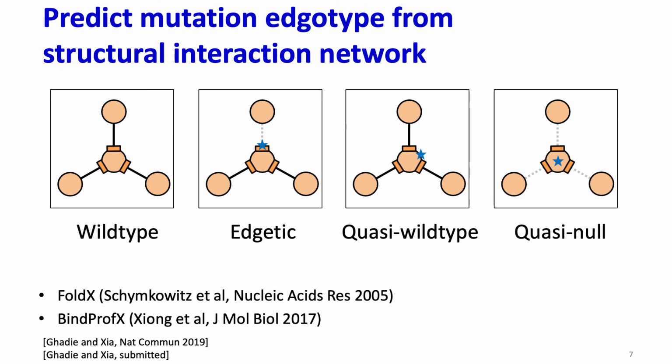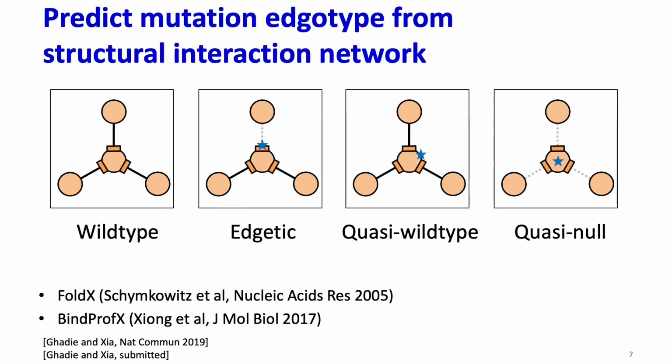Once we build 3D structural models for protein-protein interactions, we can then use these models to predict the precise patterns of edge perturbation caused by different mutations, or mutation edgotypes. For example, here we have the wild-type protein again interacting with 3 other proteins via 3 different binding interfaces. We also have 3 different mutations on the same protein, and our 3D structure-based calculations predict that these mutations have